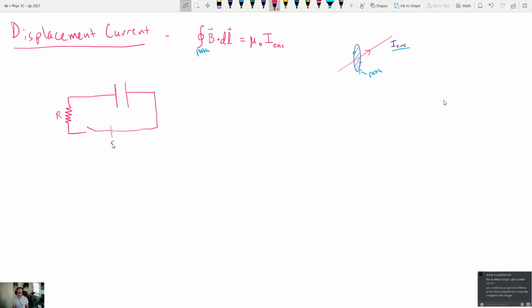So we have some EMF, some resistance, some capacitance right here. Okay. So we know that if you close the switch here, so we close at t equal to 0,